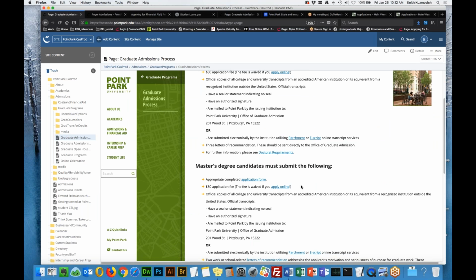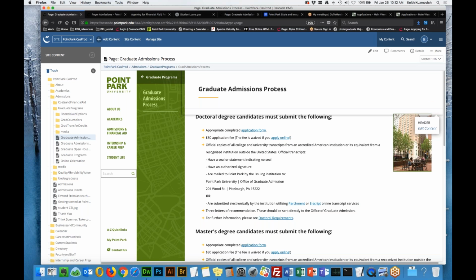Okay, now, so what you see here is you're actually in the CMS. The blue band across the top is giving you that visual indicator that you are in the CMS. You're not live at the moment. Any changes that you make at this point are not going to be seen by the public. We're going to cover how that process happens in a few minutes. But for the start,